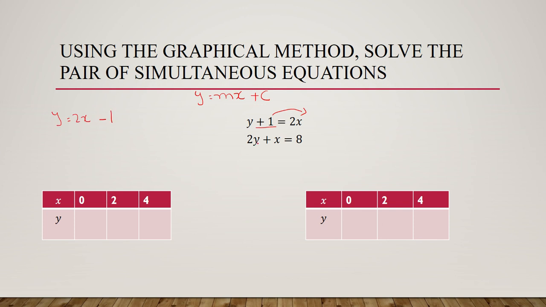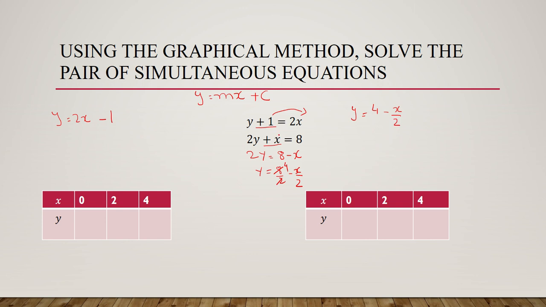Okay. Let's see the second equation. Here, not only x is present with y, 2 is also present with y. So we have to first move this x. So it will become 2y is equal to 8 minus x. Then I have to move this 2 from here. It is multiplied over here, and when it goes to the right hand side, it will become the divisor. So it will be 8 upon 2 minus x upon 2. 8 upon 2 will become 4. So our final equation is y is equal to 4 minus x upon 2.